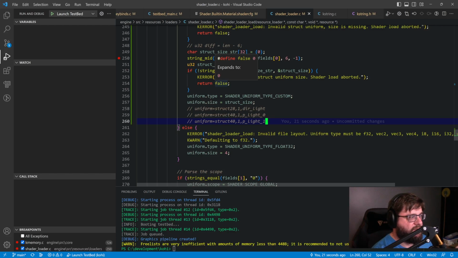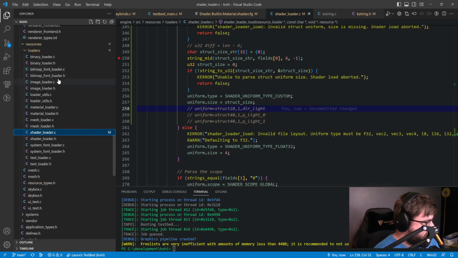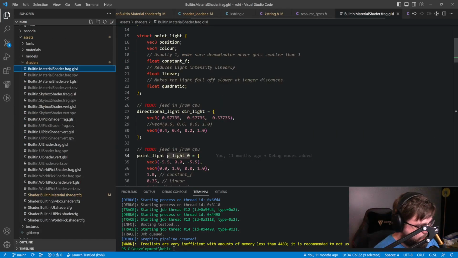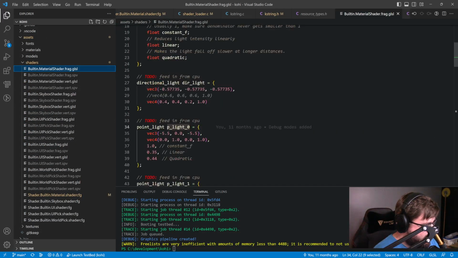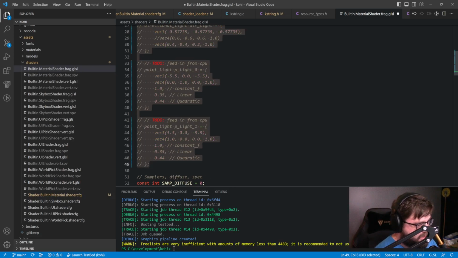That way we can at least see that the data is going from the C side into our shader code. So to do that, I'm going to have to go back to our shader here. And I'm actually just going to copy these guys, comment them out,